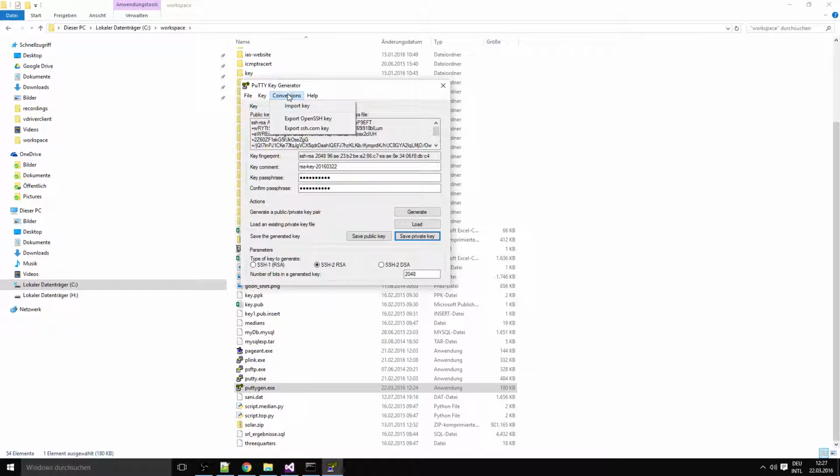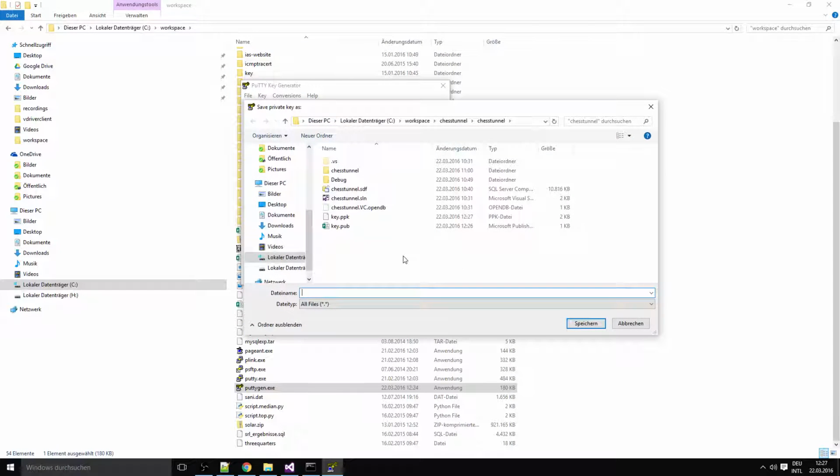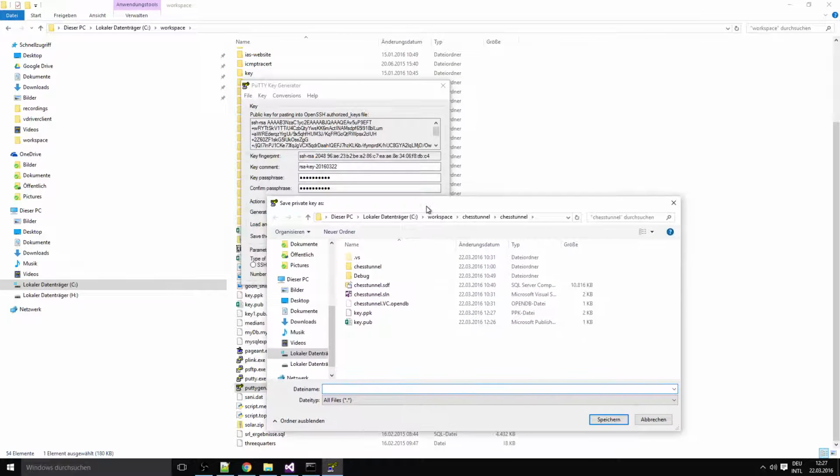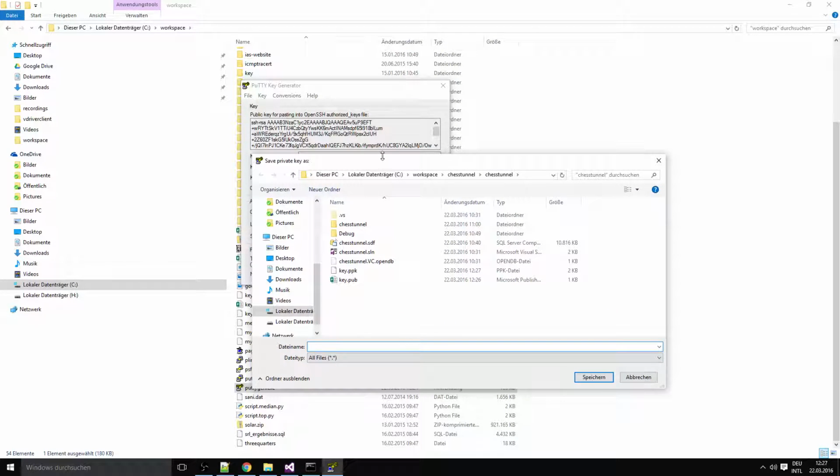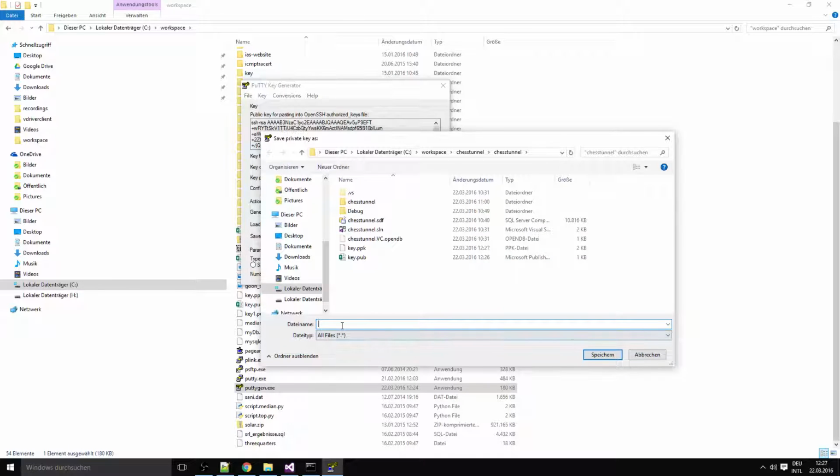And I think it's not too bad if we export it in a different format, because some programs are better. Key dot open ssh dot